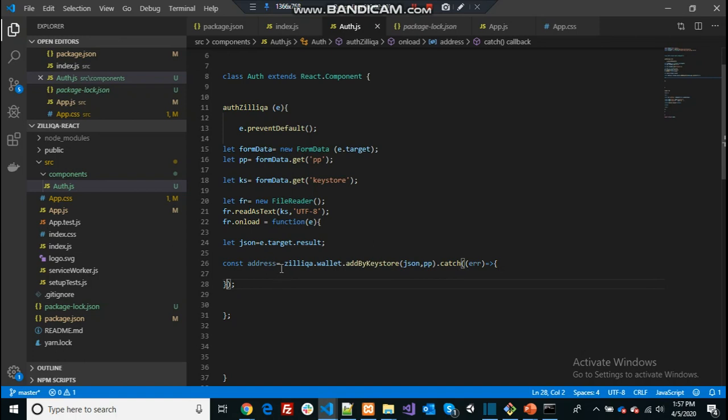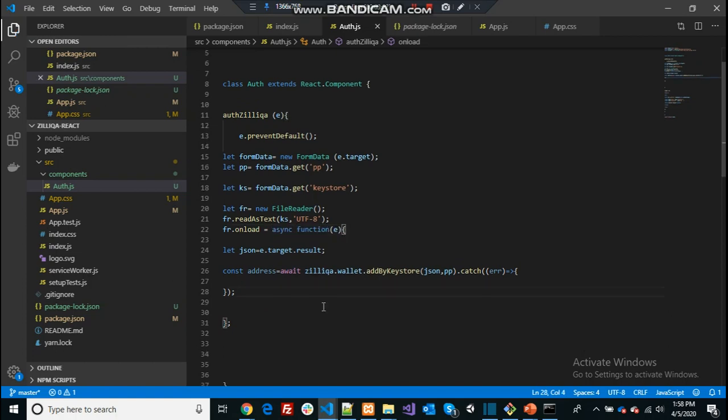And the most important thing I want to particularly mention at this point is that Zilliqa methods work as asynchronous methods. I mentioned that quite a few times in my previous videos as well. Don't forget to add the await keyword here and understand the results come as a background method from behind. So since this one is await here, the parent method has to be async. If the authentication is fine, we can get the address as return data from this method. So we are passing the keystore file and the passphrase and authenticating our identity against the platform, and then the platform returns the address if everything goes well. Then I'm going to alert that address